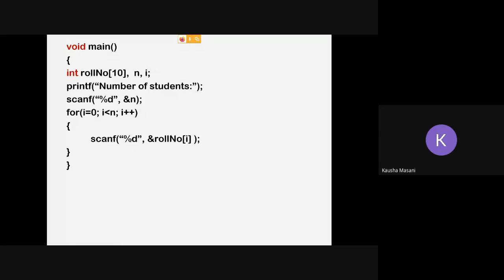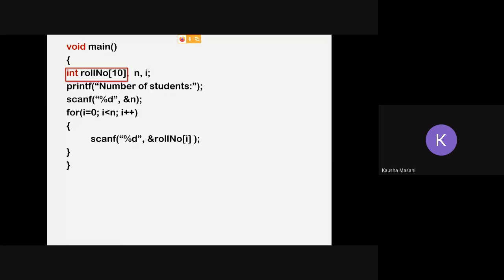Now I am asking the user the number of students, and I am scanning it. So let's say the total number of students entered by the user at first is a small amount which can be handled in roll number size 10, and in that size I am going to include all the roll numbers.